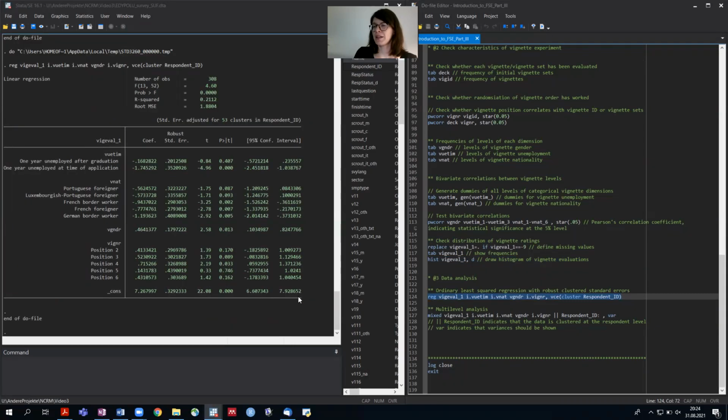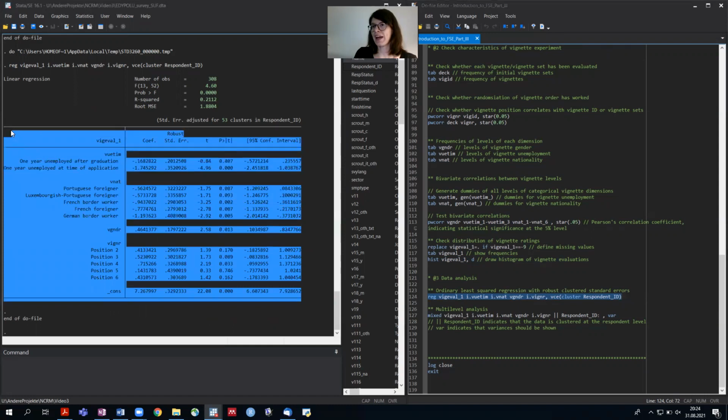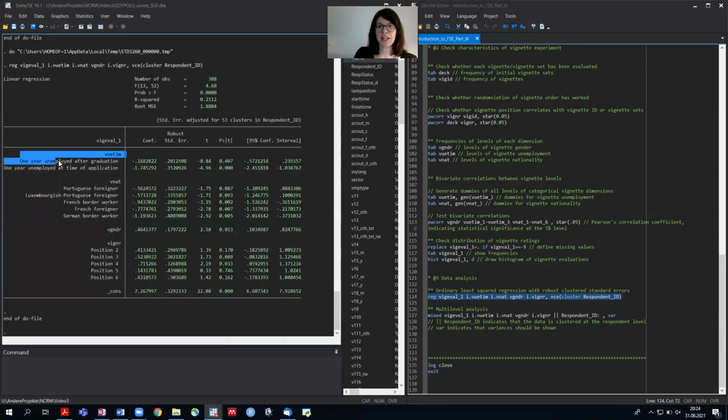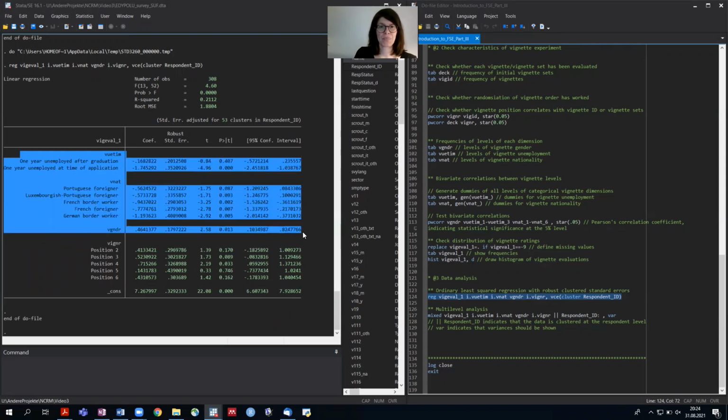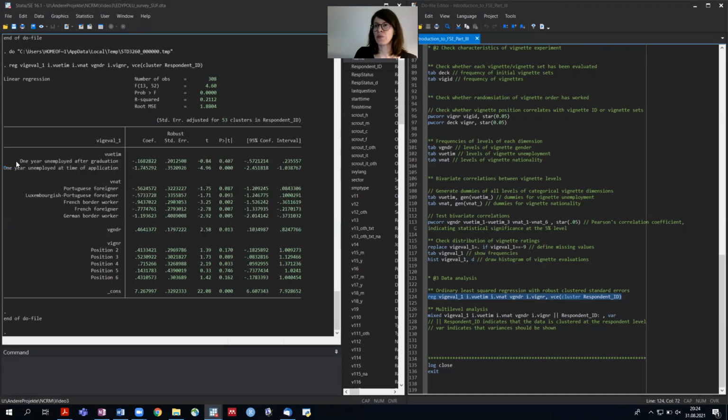Okay, now here in the output window, we have the results of our regression analysis. We see for each vignette level their effect on the vignette ratings. For example, we see that 1 year of unemployment at the time of application